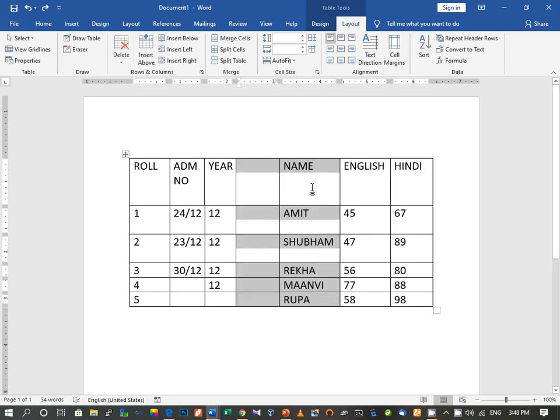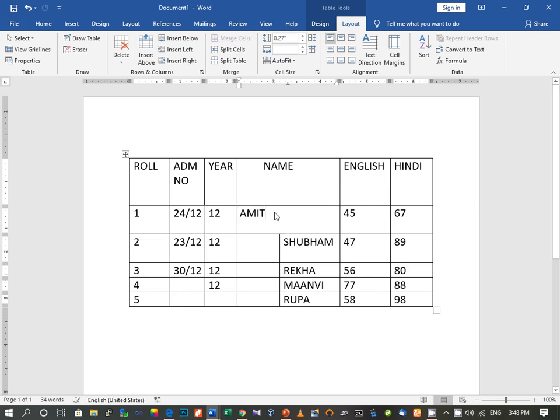Or you can do it like this: if you want to merge the cells individually, I select both the cells, then click on merge cells, and then here I can write down name. I can make it center aligned, and then I will select this particular cell and click on merge cell.